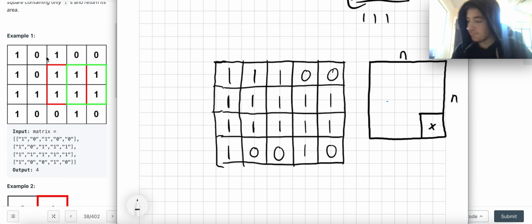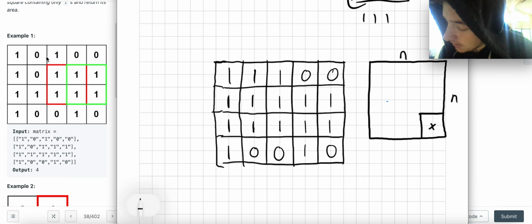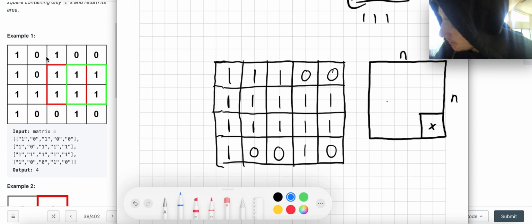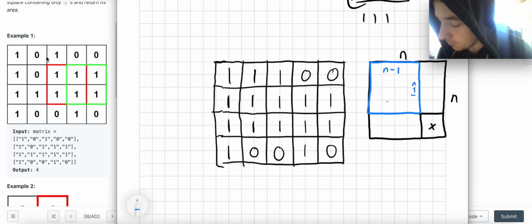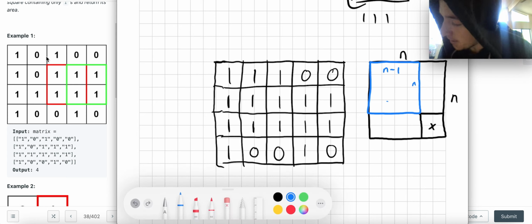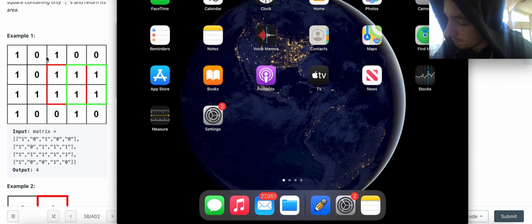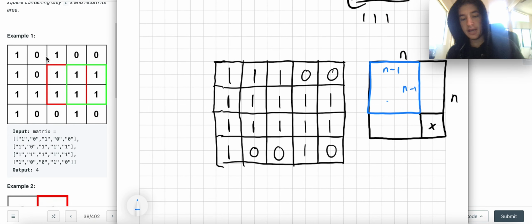Well, if this component here was a square, an n minus 1 by n minus 1, right? If that was also a square,